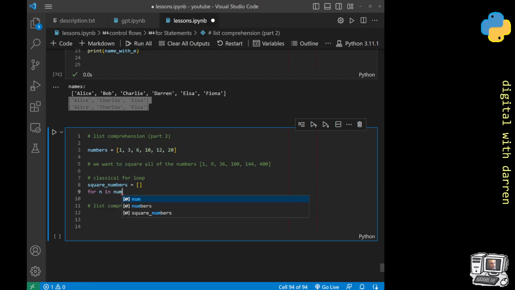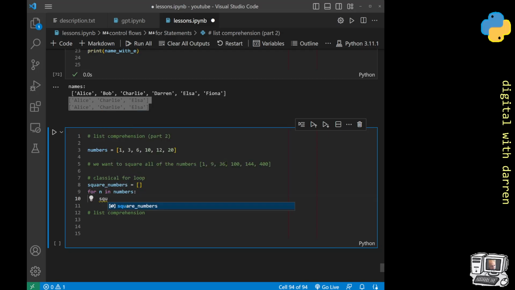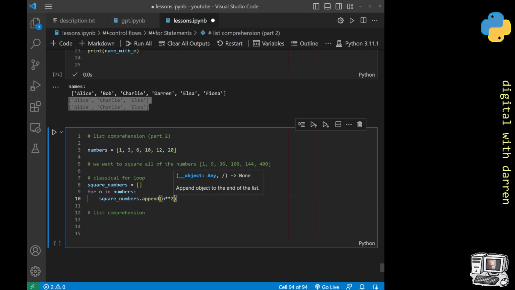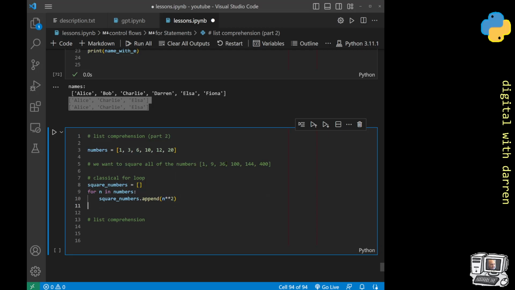This time we'll change it up, and then we can do something quite simply like square numbers dot append, and then we're going to append n squared. We can do n squared in Python like that, which is these 2 times signs. That means to raise a number to the power of, and finally we can